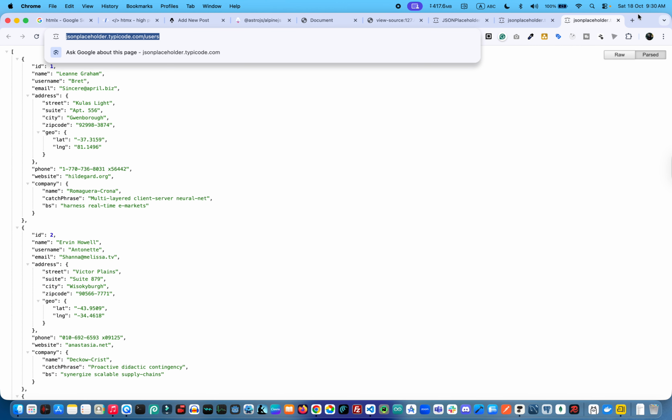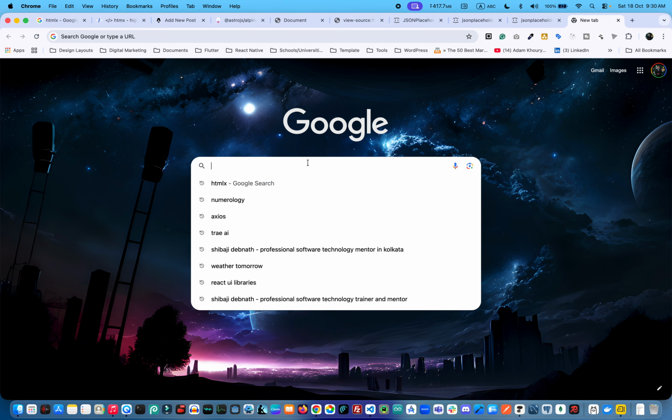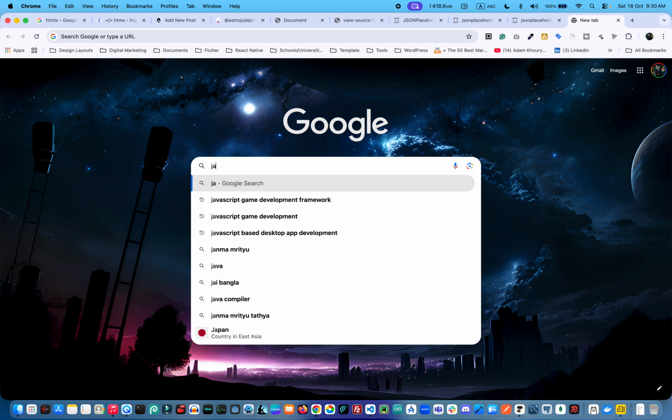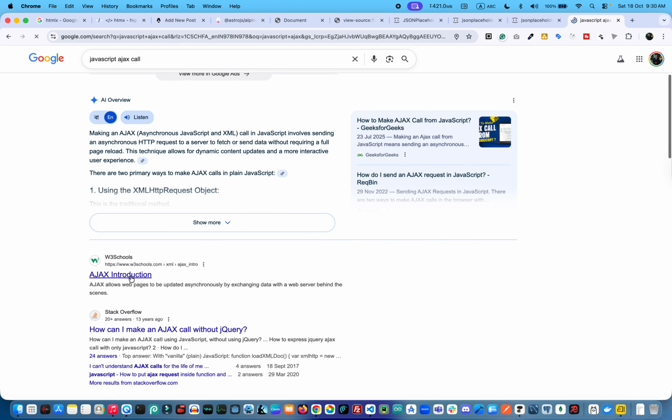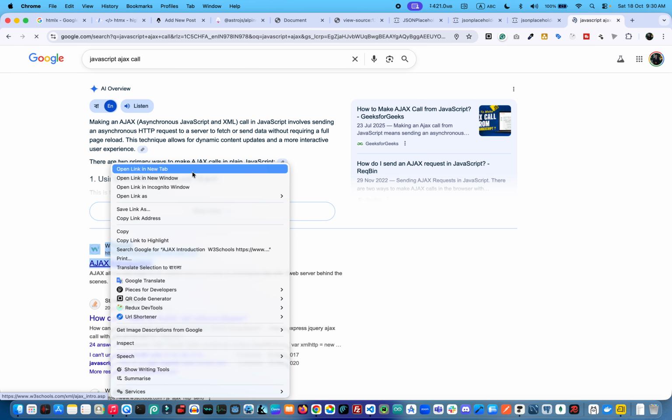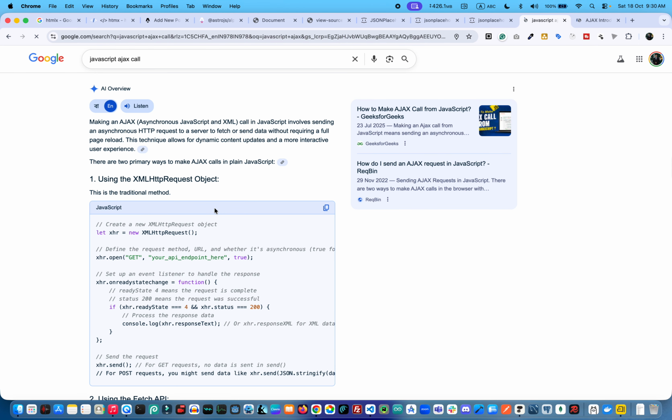If we want to integrate our data in our UI, at that time in JavaScript we have JavaScript Ajax. The JavaScript Ajax call is a very important part when we need to access our data from the